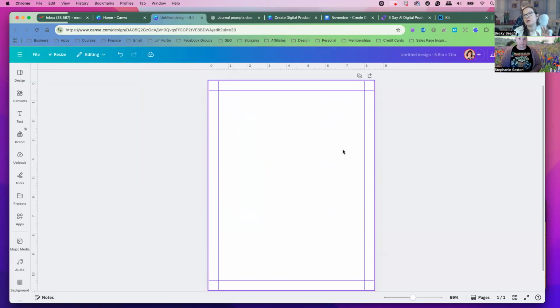When someone buys it on Amazon, it's a print-on-demand company, so it automatically goes to the printer and prints it off for them and sends it to them. You can't have any text or images past these margins because they'll get rejected and they won't accept it and publish it for you.